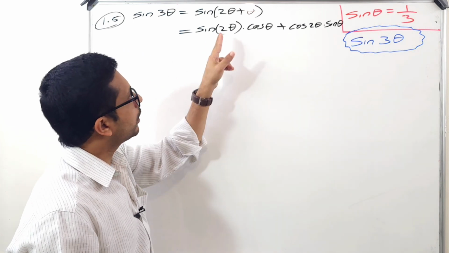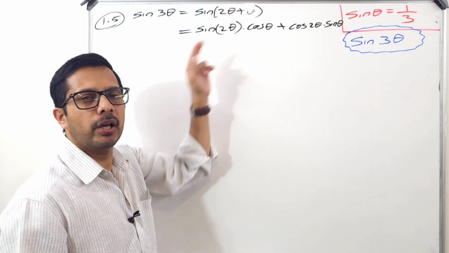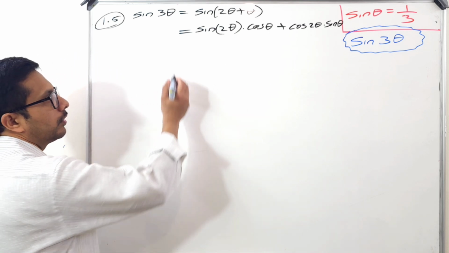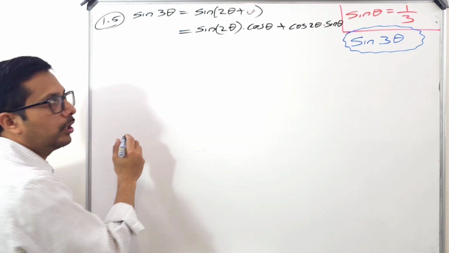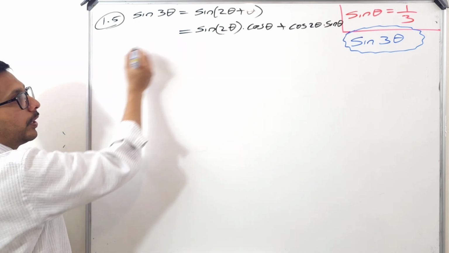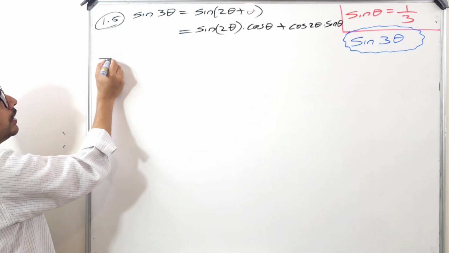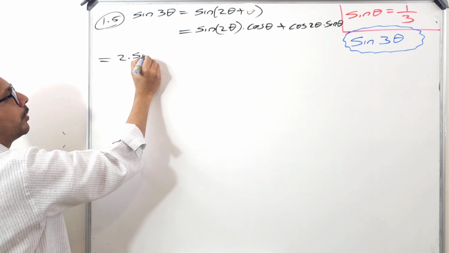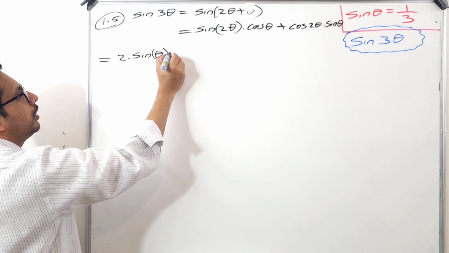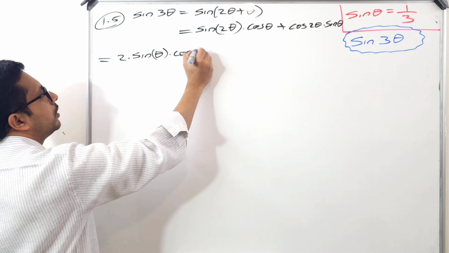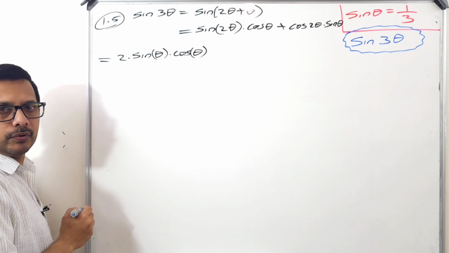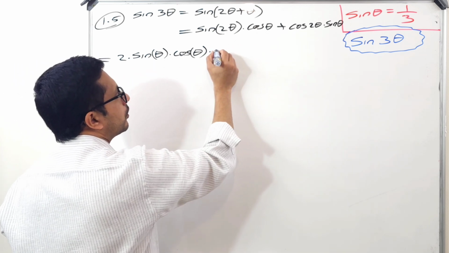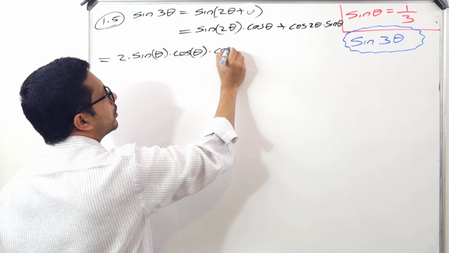Okay, so here, sine 2 theta. How can you write sine 2 theta in terms of theta? Yeah, that is a double angle formula. Am I right? Okay, so let me write the remaining here. Sine 2 theta is equal to 2 sine theta into cos theta. You understand that one? Okay, so 2 sine theta into cos theta, times another cos theta. So cos theta